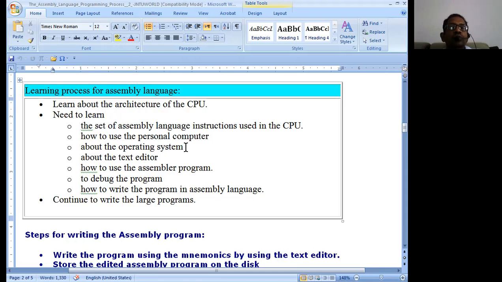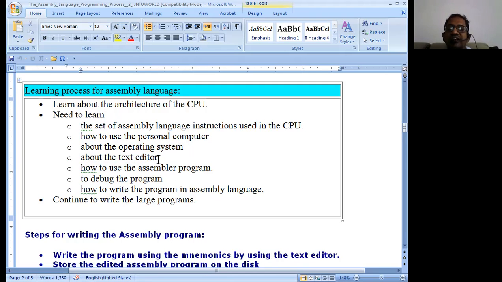Then, how to use the computer. If you are using a computer to write a program, you should know how to use the computer or a peripheral, whatever hardware device you are using. Then you should know a little bit about the operating system on which you are going to execute your program. And if you are typing your program in a text editor, you should be aware of what type of text editor it is.